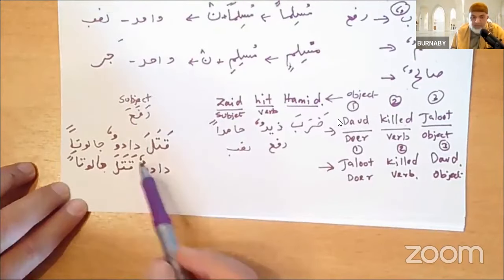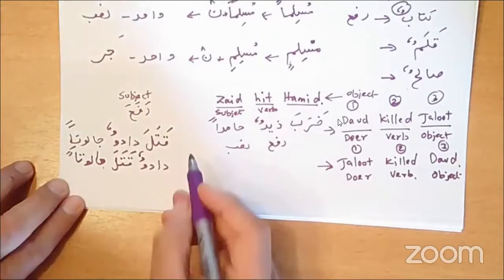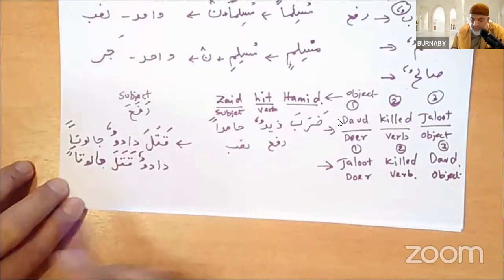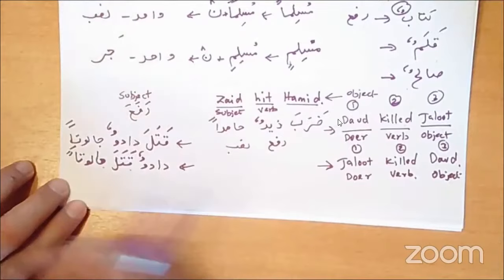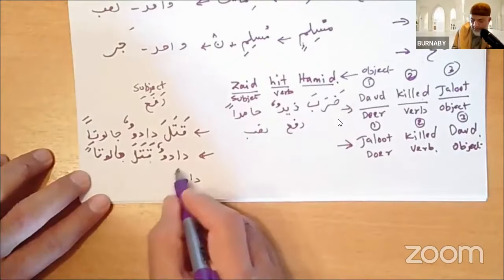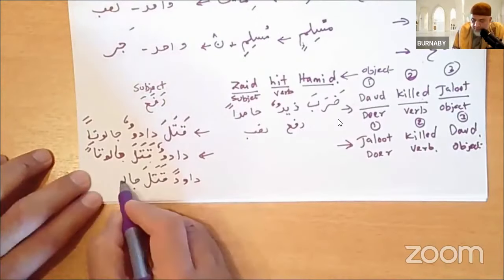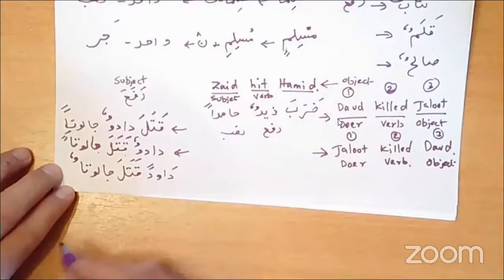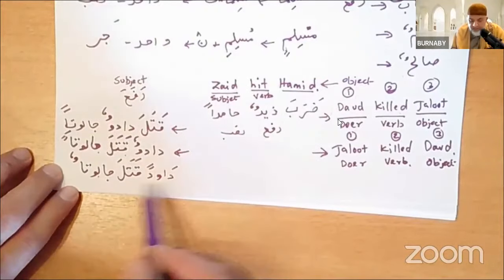In the Arabic language, does the position make any difference? What is the meaning of the first sentence? That Dawood killed Jalut. And the second sentence, Dawood killed Jalut. Okay, but now look what happened. If I say Dawudan Katala Jalutun, what happened now? Jalut killed Dawood. Jalut killed Dawood, even though Dawood is at the beginning of the sentence and the verb is in the middle,